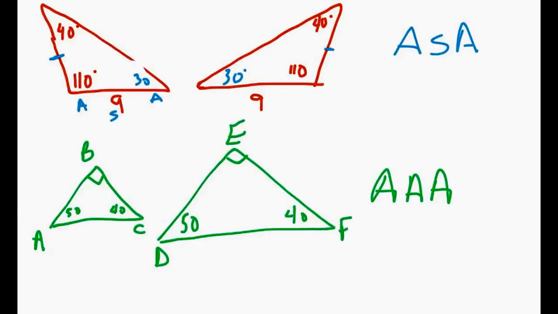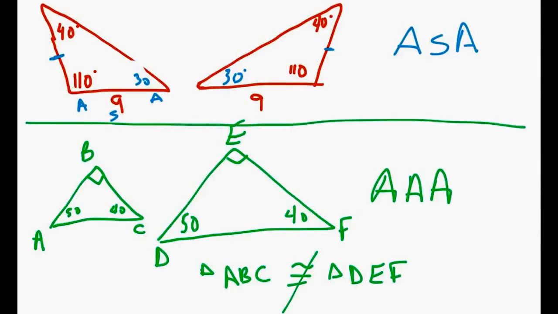So in this case, we'd say ABC is not congruent, because we just basically are blowing up one triangle compared to the other. So in this case, those 2 triangles are not congruent. So angle, angle, angle never works. That's one that's not congruent. And the other case